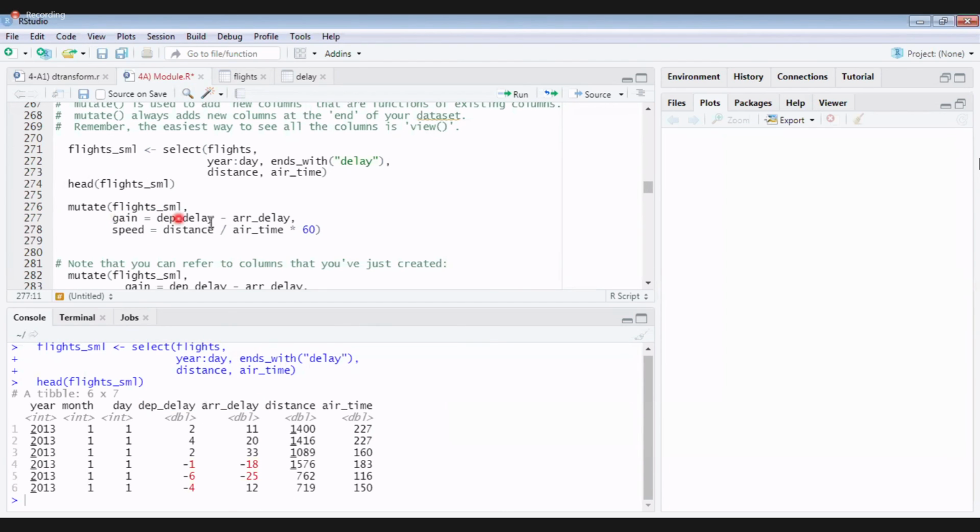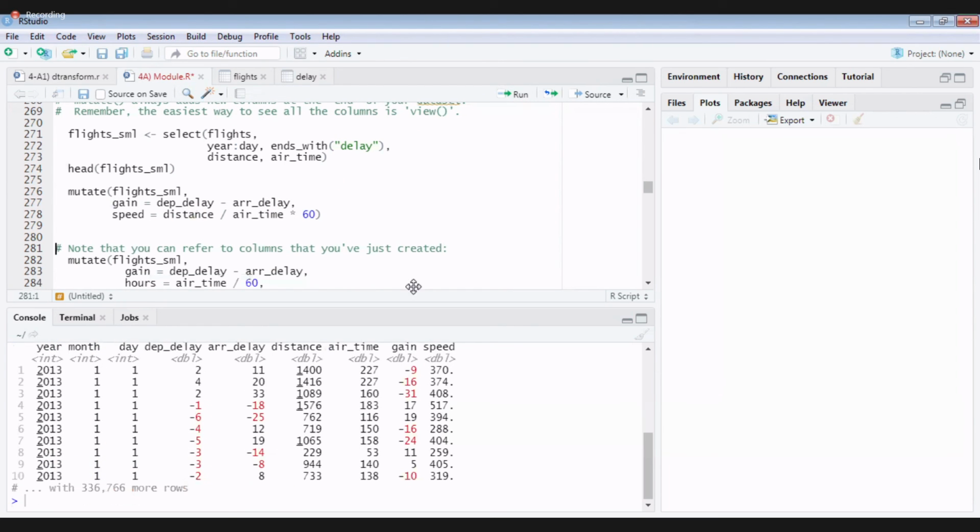Gain is the difference between departure delay and arrival delay, so one more column will be added here. Then I want to calculate the speed. Speed is nothing but distance divided by time, multiplied by 60. I have distance here, time here, times 60.